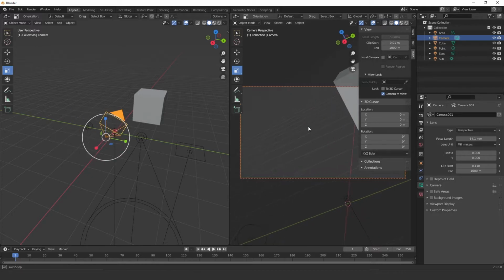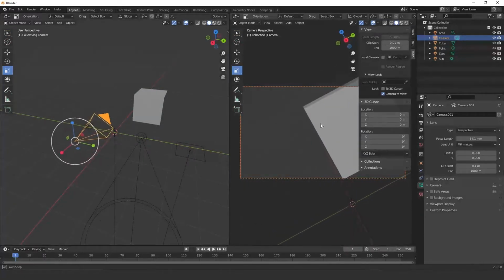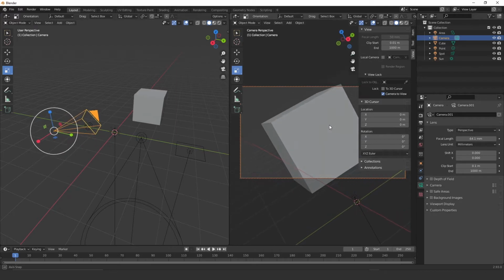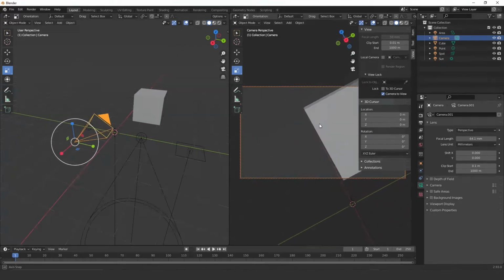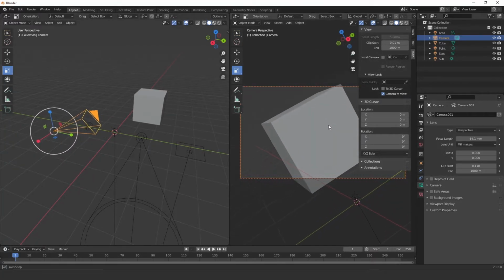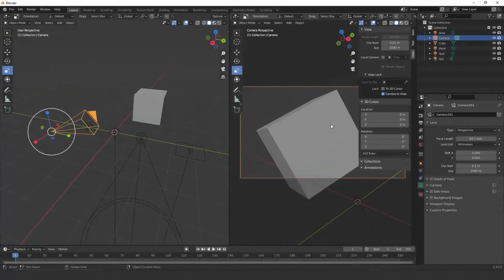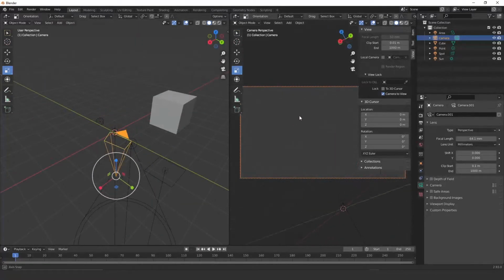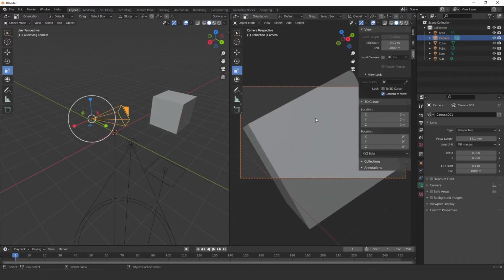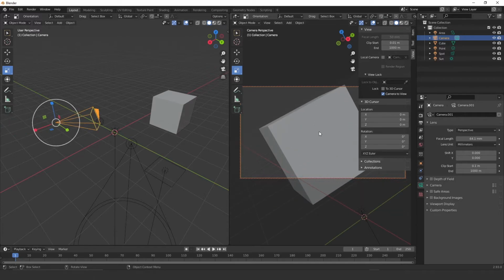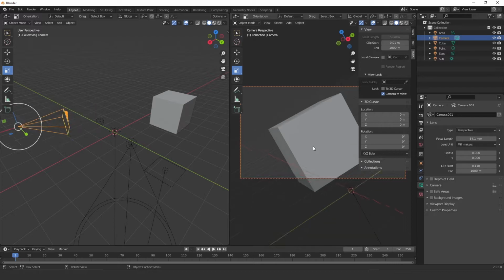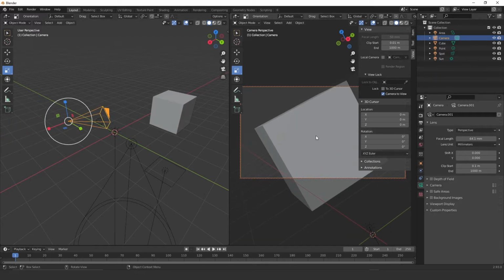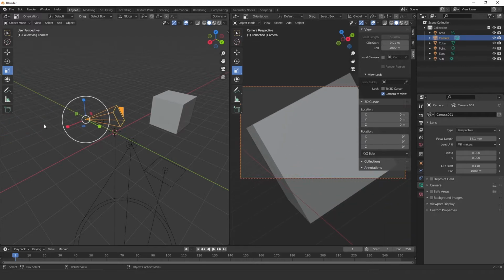Now if I rotate my viewport, in this case my camera, using the middle button of my mouse, I can use the same functions I use on the viewport. Okay, so that's important. You can zoom in and zoom out by just using the scroll button of your mouse. As you can see here, when I scroll up and scroll down, the camera starts moving,